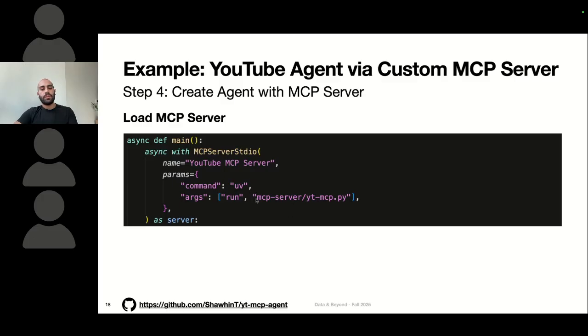But essentially, what's happening is we're passing in a command line command, and whenever this app spins up, it's going to spin up a sub process that's going to run this command, uv run, and essentially run the MCP server as a sub process so that the agent, the AI application, can interact with the server while it's working. And the reason we do this is to handle if the app unexpectedly shuts down, we don't have the MCP server still running, even though the main application stopped running.